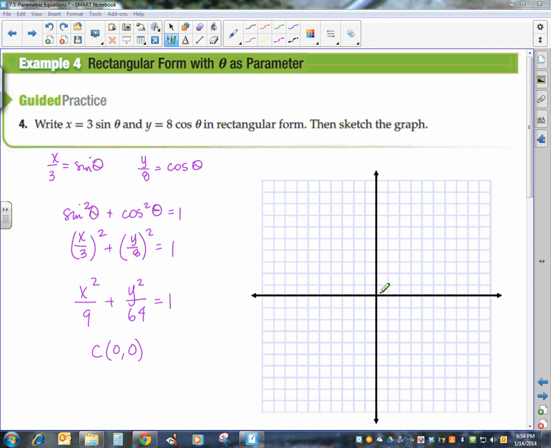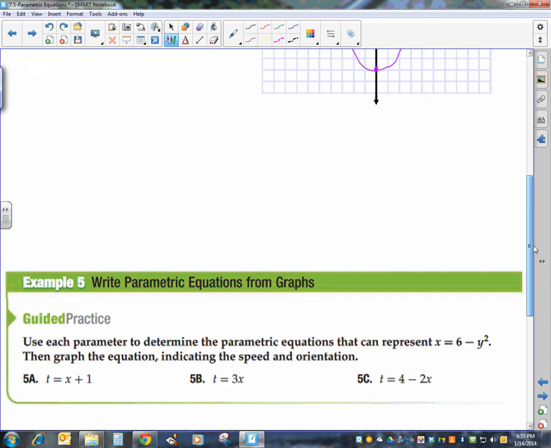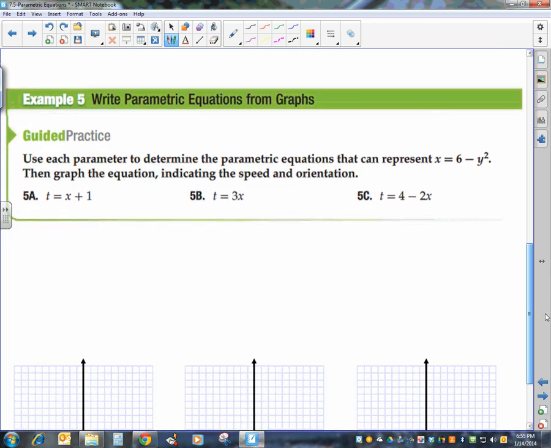And from the x, we're going to go over left and right 3 units, up and down 8 units, and do your best to sketch an ellipse. Not so easy. Okay, the last type of problem we have is working with parametric equations, and they're going to